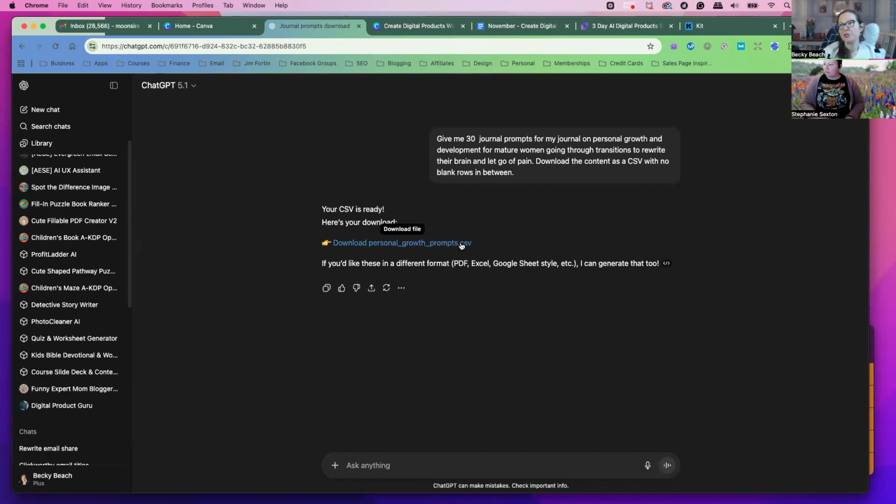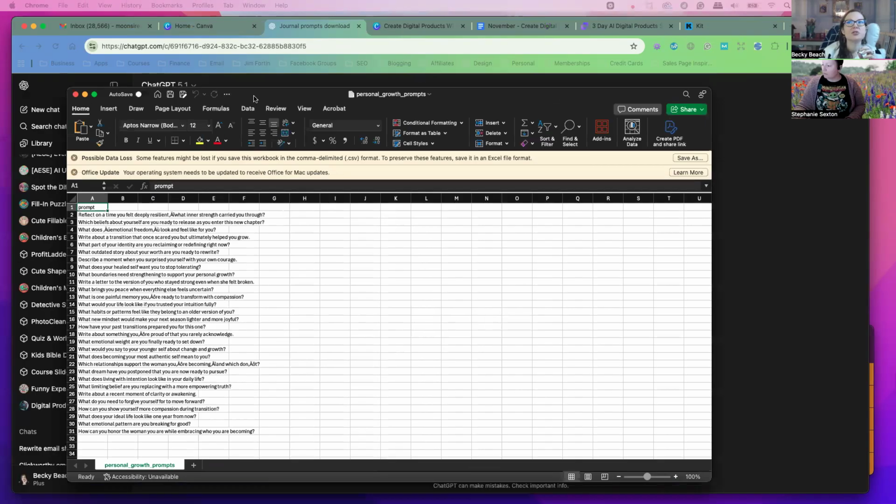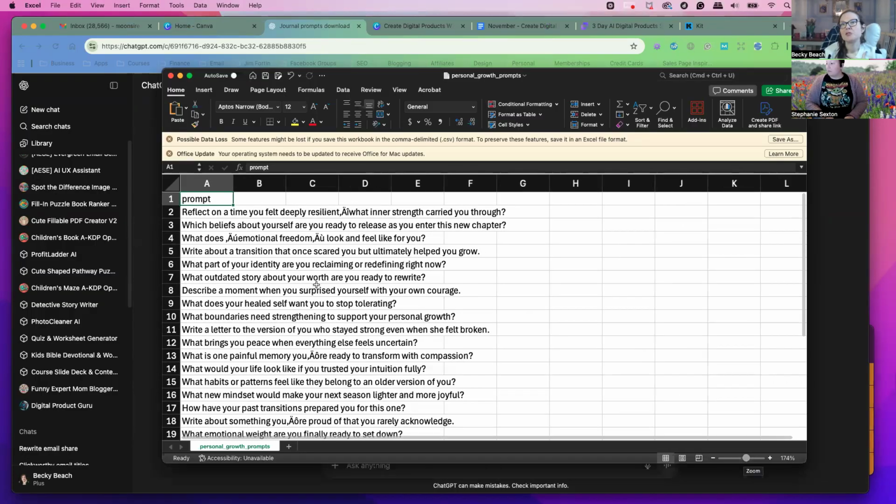Then it will give you the CSV download, and then it will open up in Excel. And if you don't have Excel, you could open it up in Google Sheets. And let's make it bigger. You notice it put in these characters.